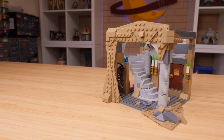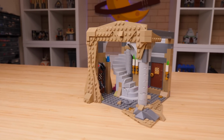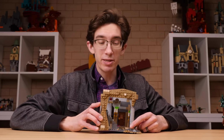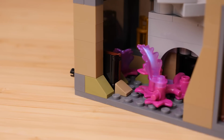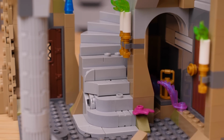The dungeons beneath the castle continue with this module. This rests behind the tavern and beneath the main tower of the castle. It's probably the least interesting part of the build, but it quickly builds up some height to make sure that the rest of the build shines. And there's some fun things going on in here too, plus plenty of room to display some of those creatures